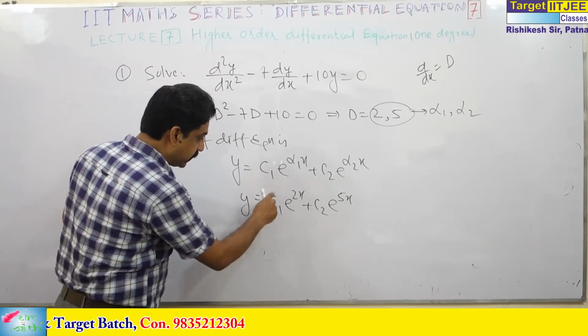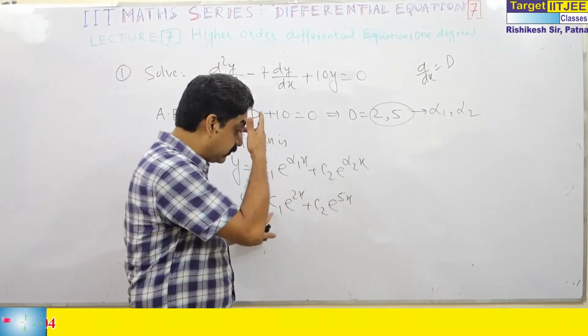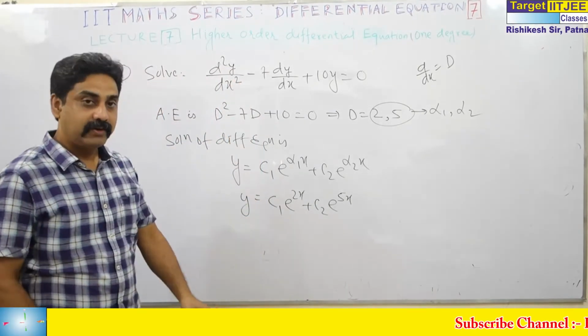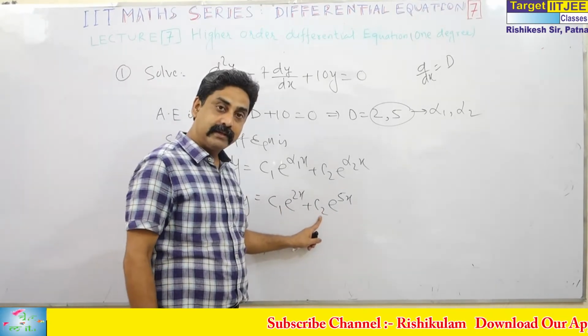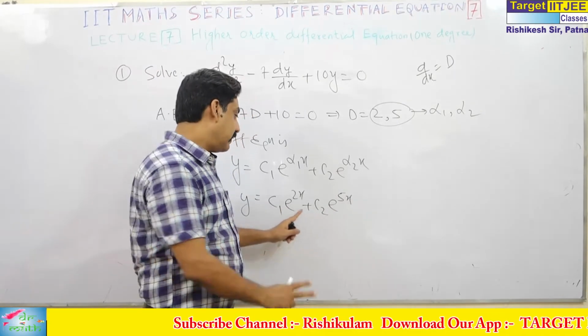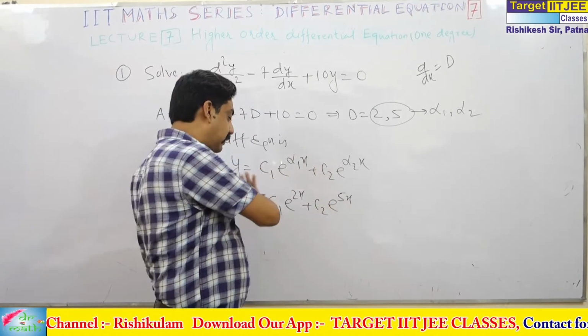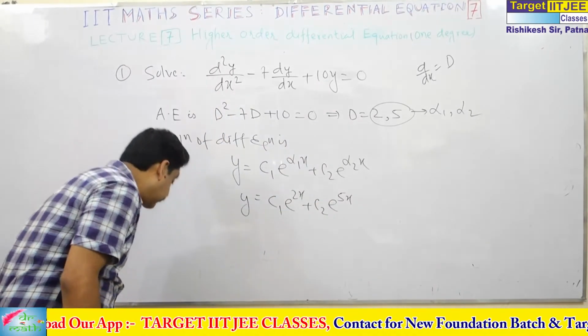So now I will give one task here. Take this equation, try to form the differential equation by eliminating C1 and C2. You will get this one. Try yourself. There are two arbitrary constants, so we have to differentiate twice. And when we remove C1 and C2, we will get this one. This is the idea.